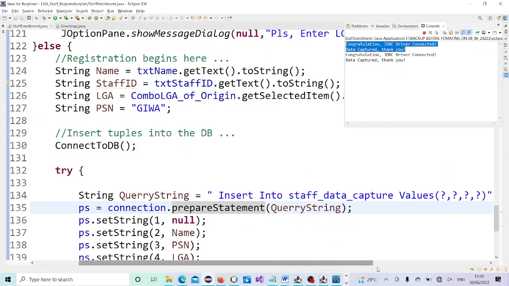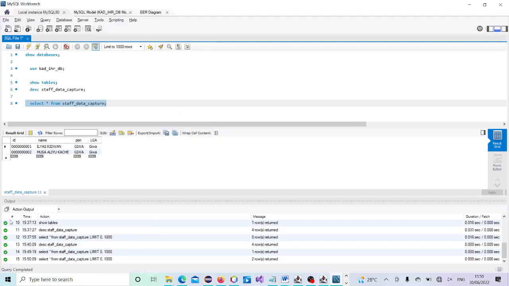I don't know, do we still have time? Anyway, let's stop here. In our next class, we are going to carry out some corrections here. Here we have to control it to give us only 3 digits. Then we're going to match this plus the first 3 letters of the local government to get what we call PSN, and maybe plus other things. So connection has been done, population of tuples has been done. This is an assignment to each and every one. You have to carry this out. And then I'll send another assignment with regards to the connection and all that. So we'll stop here and